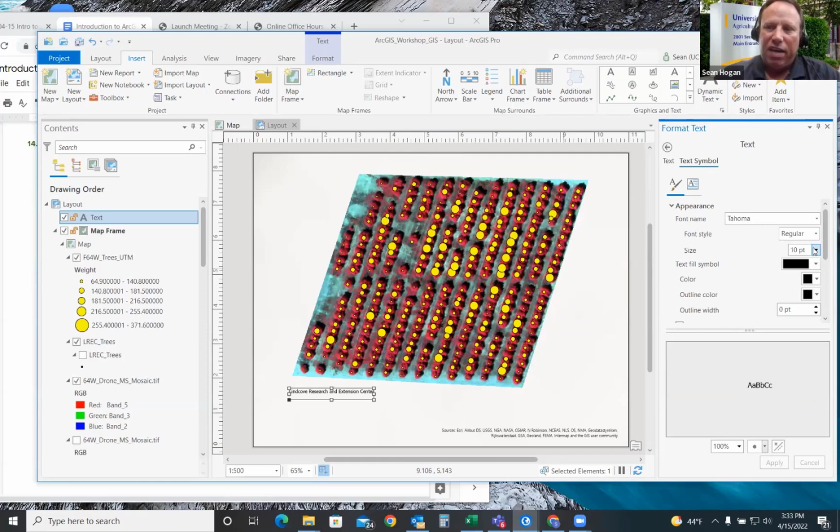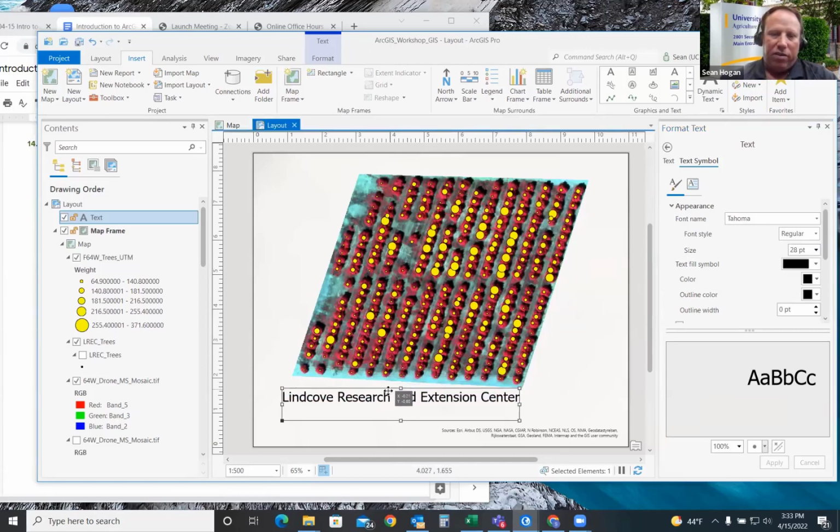One note, just a convention: it's usually not a good idea to have multiple text fonts in one map. Usually you want to stick with one. Just a pro tip, there are occasions where that might not be the case, but generally find something common like Tahoma. And I'm going to set it to something like 28 and then click apply.